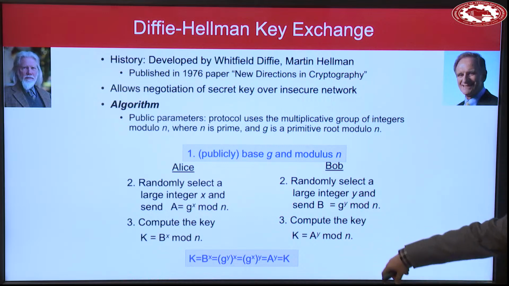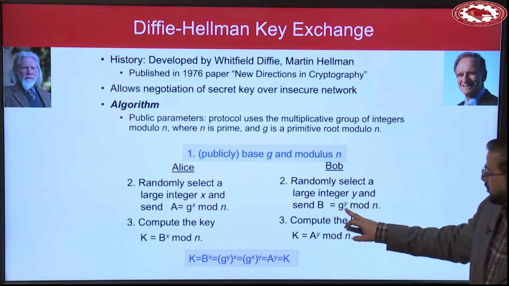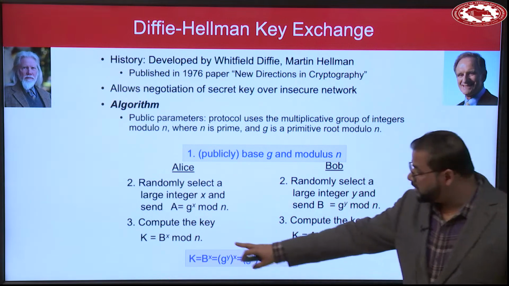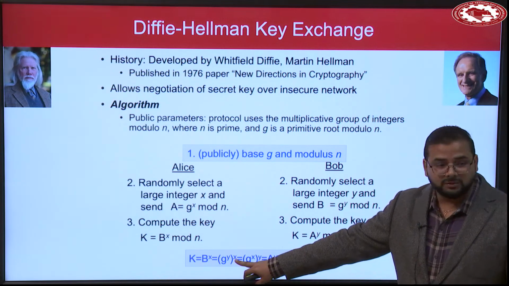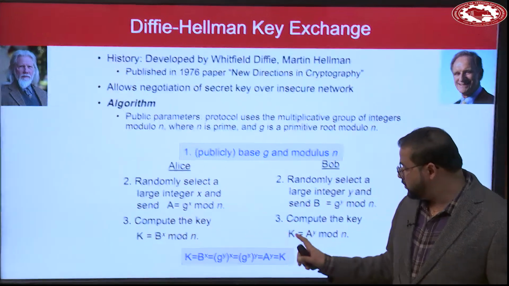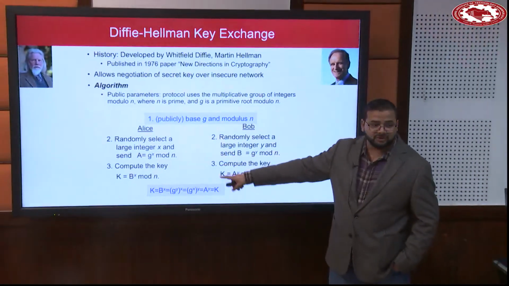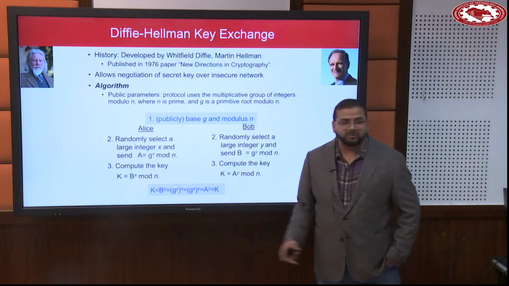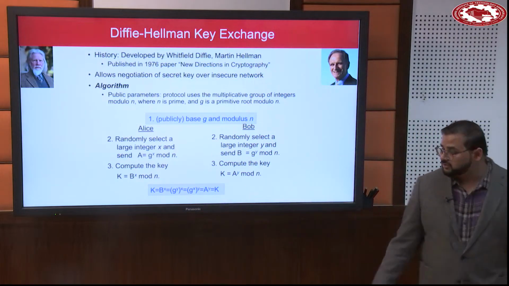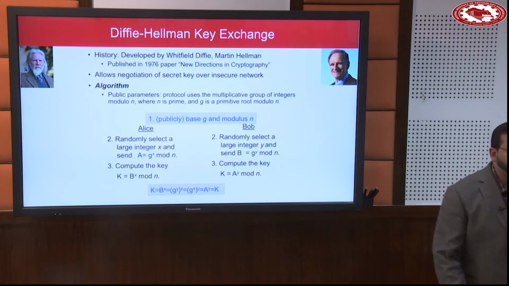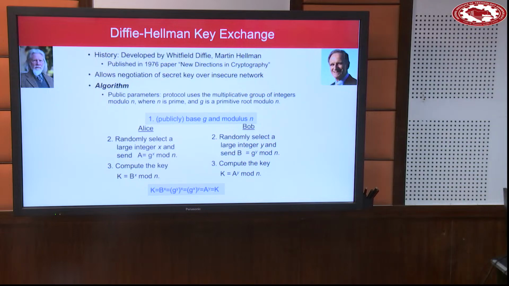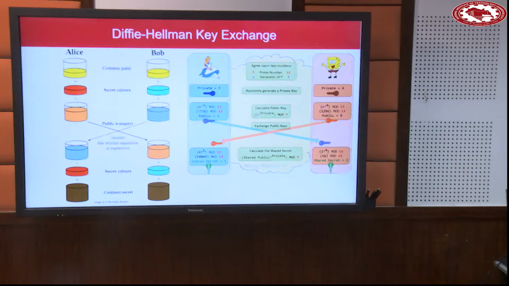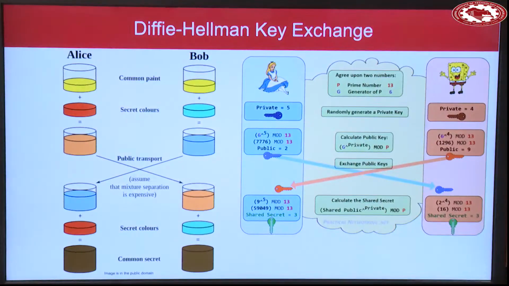And once you look at this, what is B? g to the power y, to the power x. Similarly, the other way, what is A, which is g to the power x, to the power y, which is g to the power xy ideally. So g to the power xy means both parties have the same number. And that's how they can generate a symmetric key at both ends without sending it. Simplistic way,